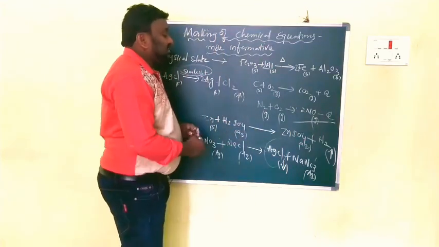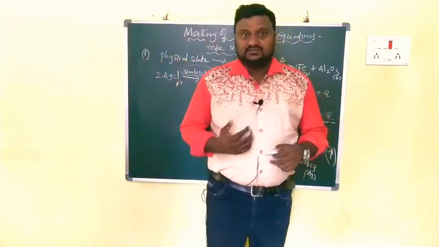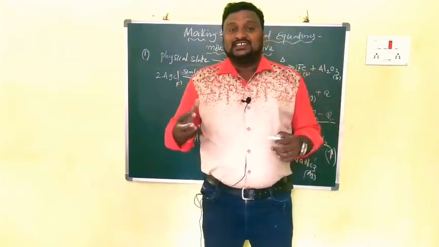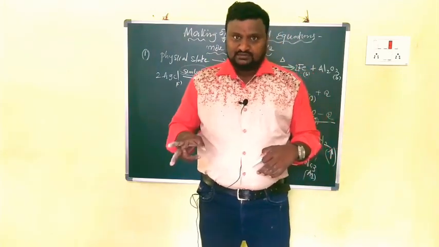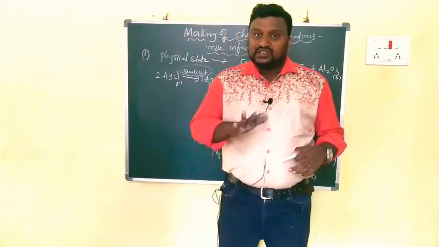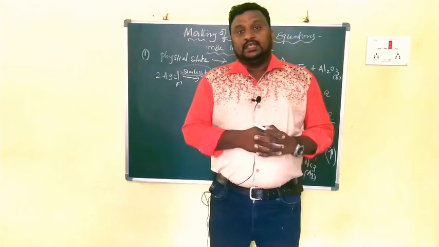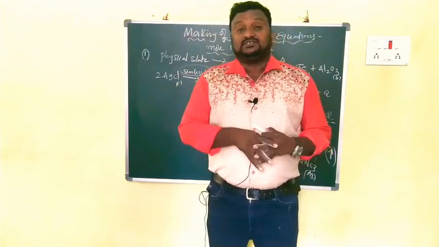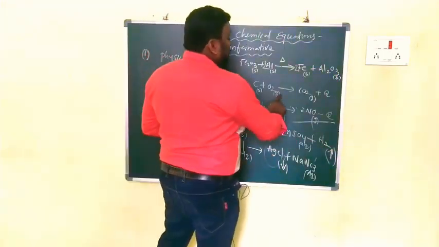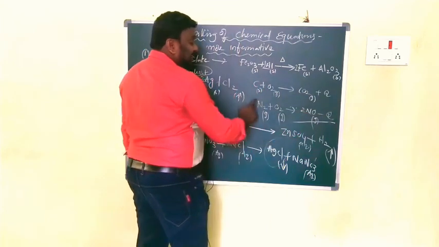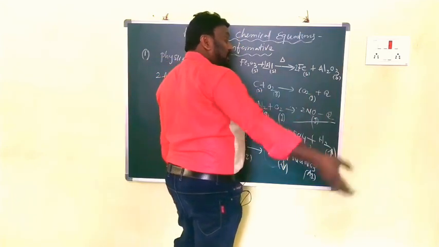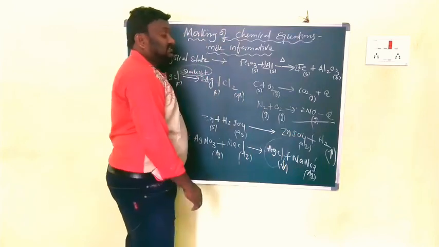Okay, the second thing is heat exchanges. We have to mention the role of heat in that chemical equation. Based upon heat exchanges, chemical reactions are divided into 2 types: exothermic reactions and endothermic reactions. Exothermic reaction means the reaction in which heat is liberated along with the products. That is called an exothermic reaction. Example for that, I gave here, C plus O2 gives rise to CO2 plus Q. Here carbon is solid, and the others are gases, in addition to which heat Q is released.